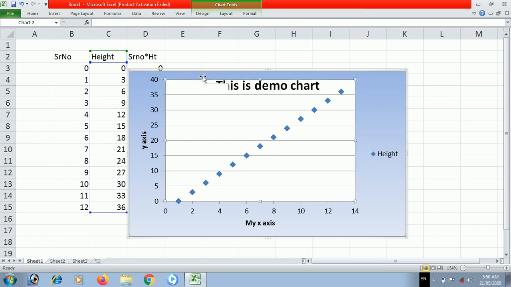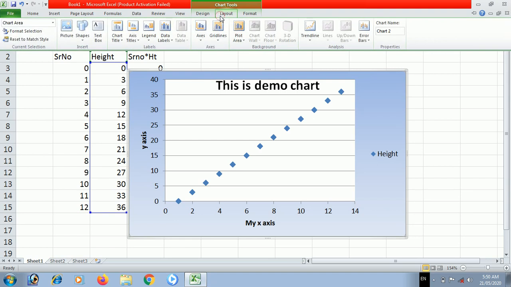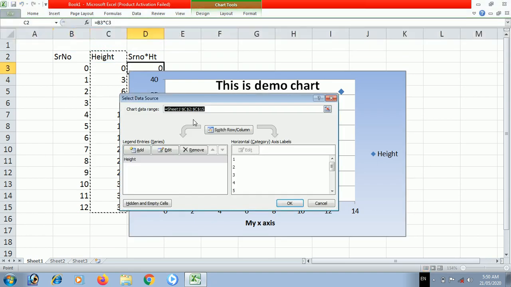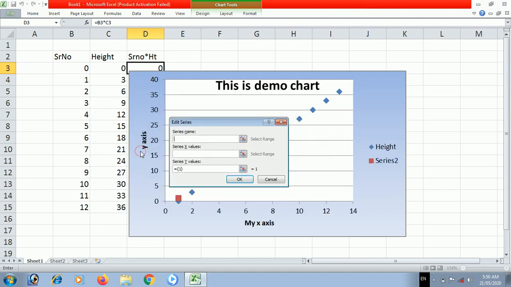For this one, x-axis will be taken as default, but we can add x-axis also. Just you have to click to the chart, go to the design menu and go to the select data. In select data, horizontal axis is there, add. Here we can add the data.